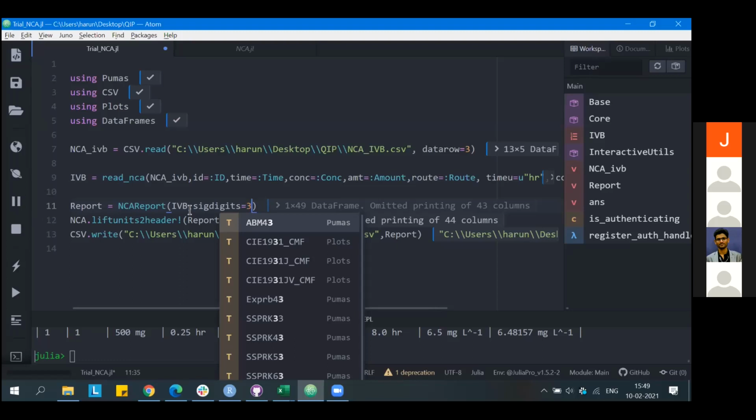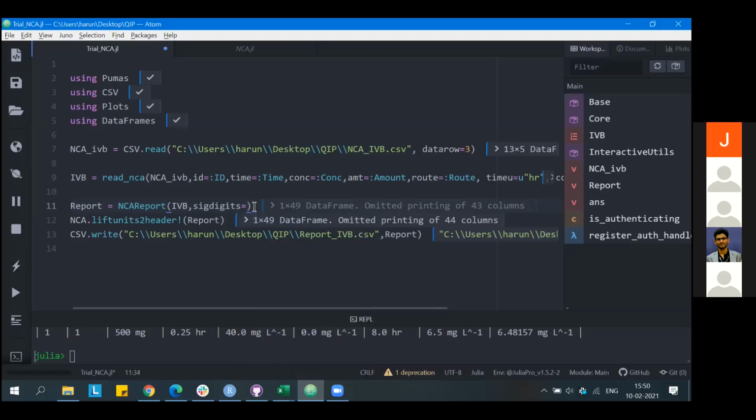It is just based on how much you want, 4, 5, 6, whatever it is. By default, it just gives the values of all possible digits of the final estimate.